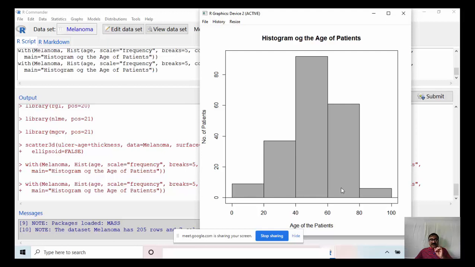Just specify the number of bins, give the name of the x-axis, y-axis, and the title. Just apply and enter. So you are now getting your graph. So see, drawing a graph is also very easy using this. So you can fit a statistical model, you can perform different tests, you can draw a graph.